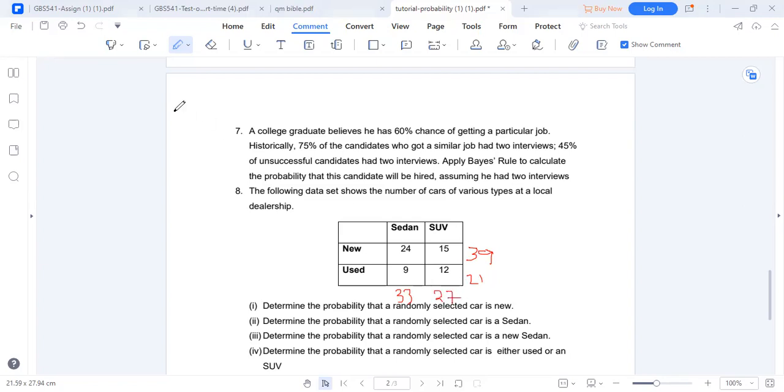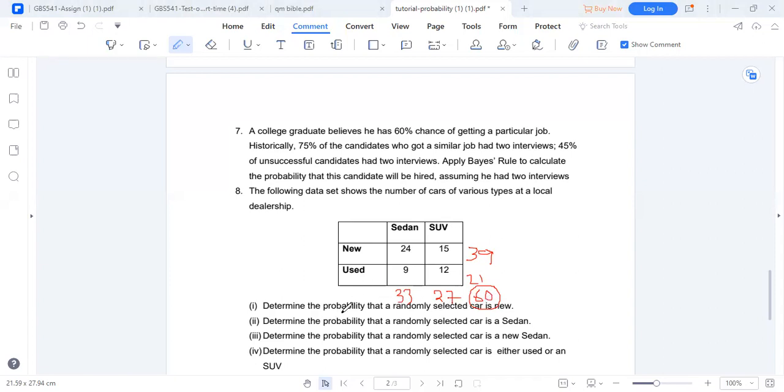Then what's the total of totals? So we've done the total of totals: the total this side, the total this side, the total here, and the total here. So this is 60, which must tally throughout. Now, please,